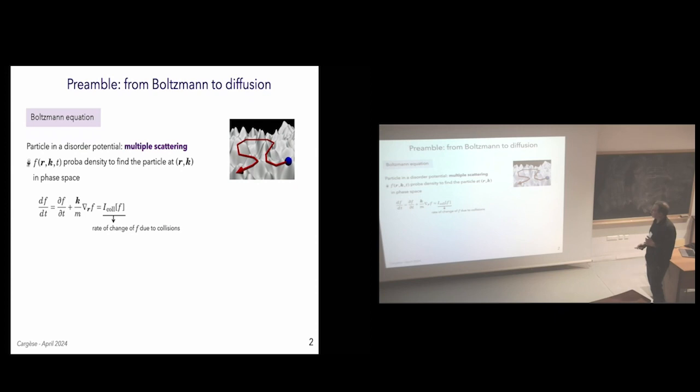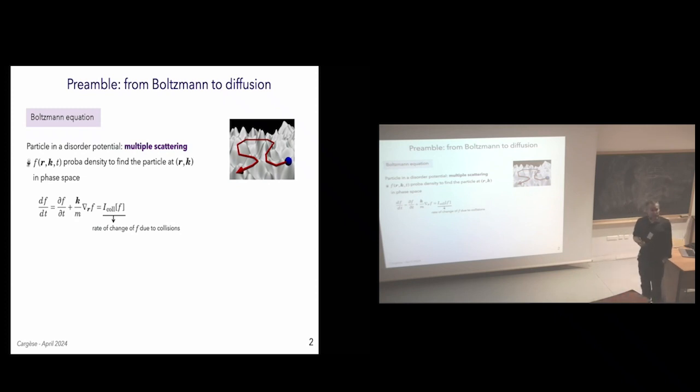So now from a theoretical point of view, to describe this classical multiple scattering, the appropriate treatment is provided by the Boltzmann equation. I remind you that the Boltzmann equation is just a partial differential equation that tells you how the probability density to find a certain classical particle at a point r, k in phase space evolves in time, given that it is subjected to collision processes. These collisions are usually described by a term on the right-hand side, which is called the collision integral. And physically, it's just the rate of change of the phase space distribution due to collisions.